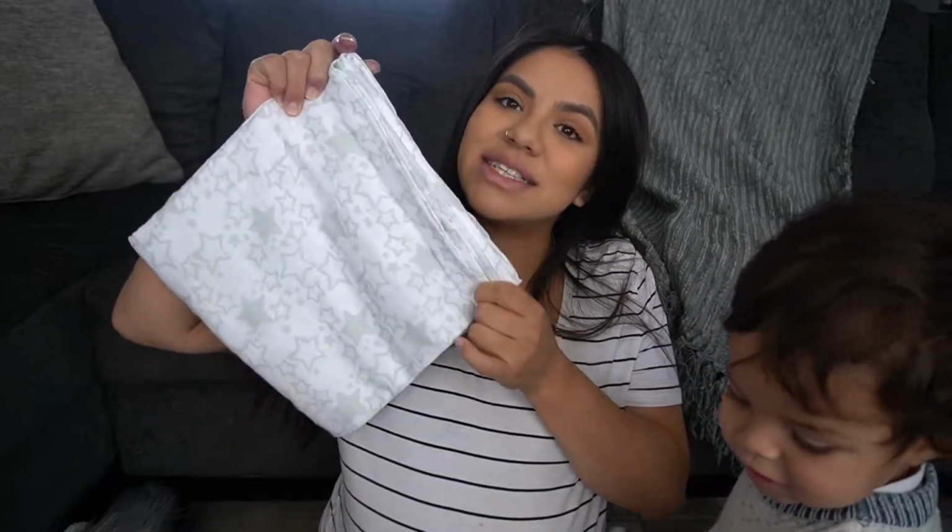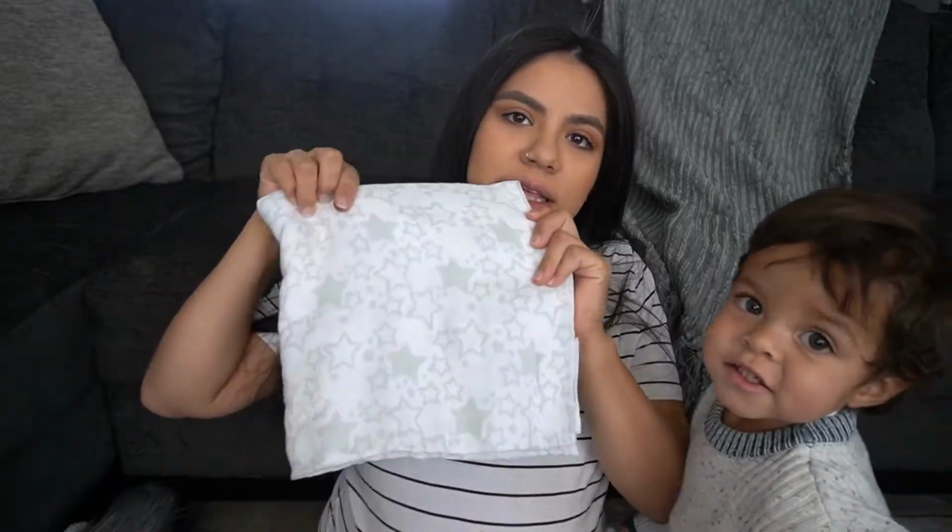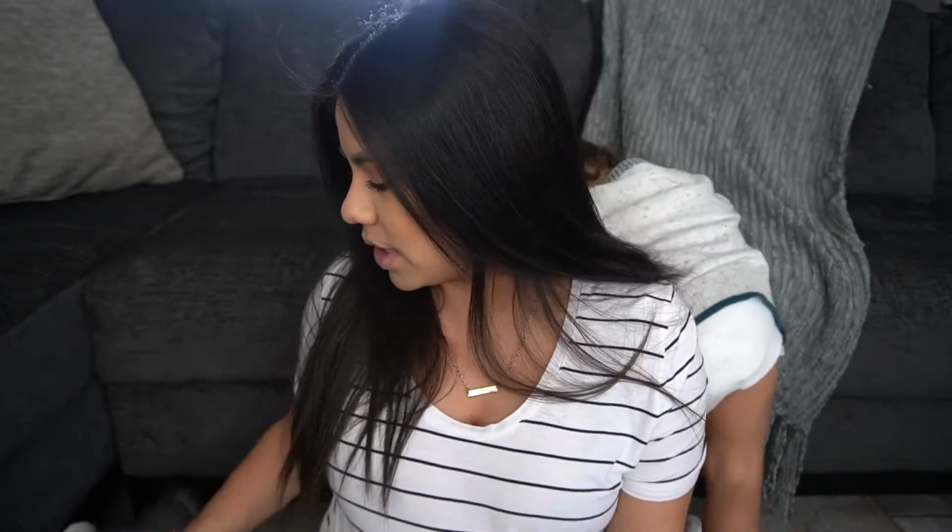So yeah, this is the swaddle blanket that I will be bringing to wrap him in and stuff. I know they do give one at the hospital, but I just wanted to bring my own. I might use it, I might not use it, so let's see. I know some of the stuff that I might be bringing is unnecessary, but...